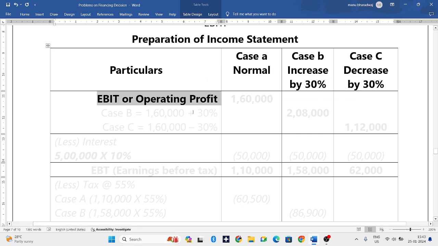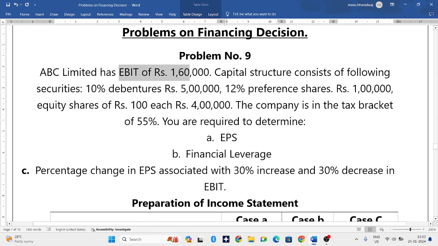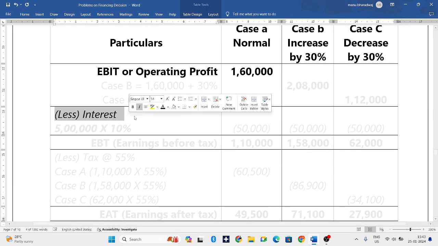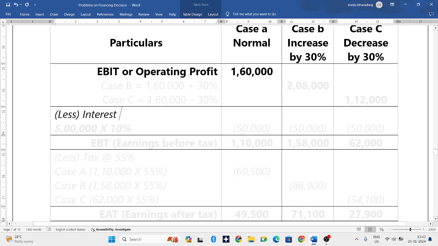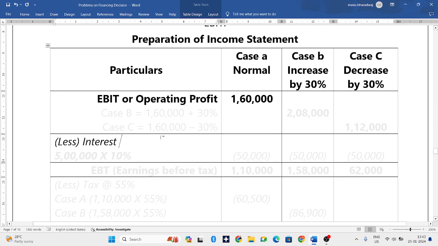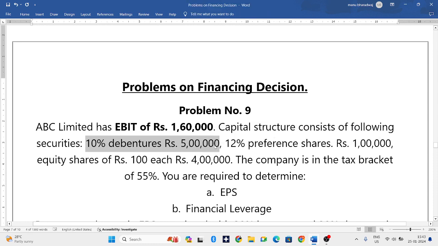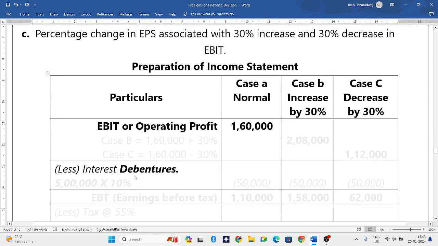Now EBIT or operating profit they have given, which is 1,60,000 for case A, which is normal. They have given the EBIT in the question, that is 1,60,000 rupees. Now from EBIT we have to reduce interest. Here we have debentures. So for debenture holders we have to give what? Interest. For debentures we have to give interest. So there are total 5 lakh worth of debentures